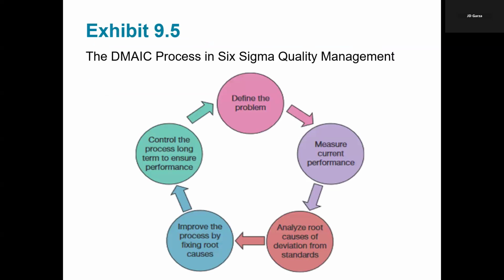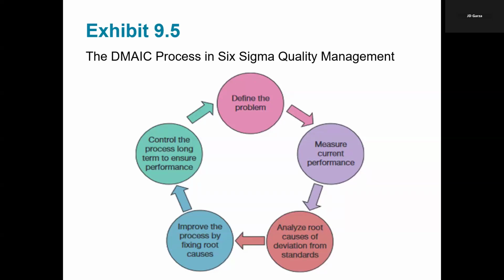Then you have here the DMAIC process in the Six Sigma quality system. And what you see here is to improve the existing business process. This DMAIC, as I've mentioned, stands for define, measure, analyze, improve, and control. This represents a systematic data-driven approach to achieve and sustain high quality outcomes, but it also aims to eliminate defects, reduce variability, and optimize processes.